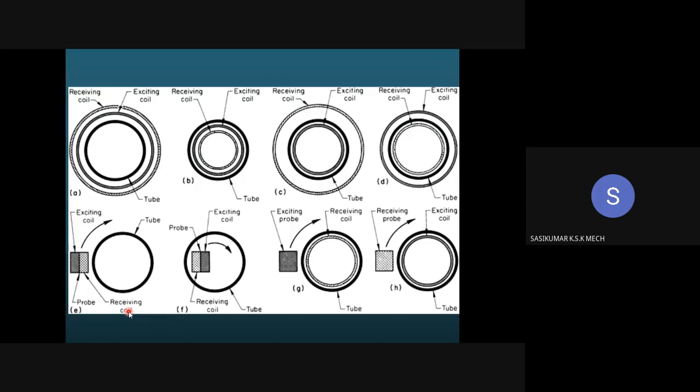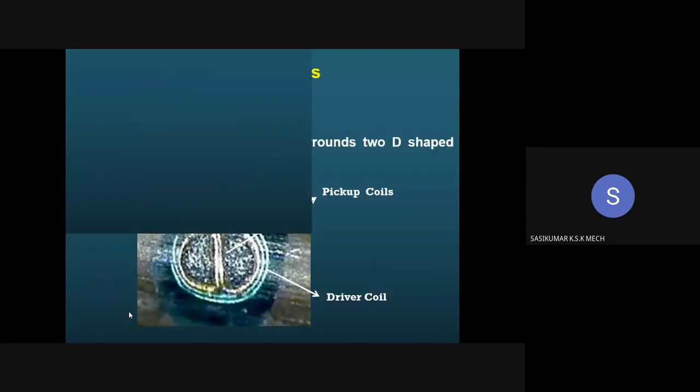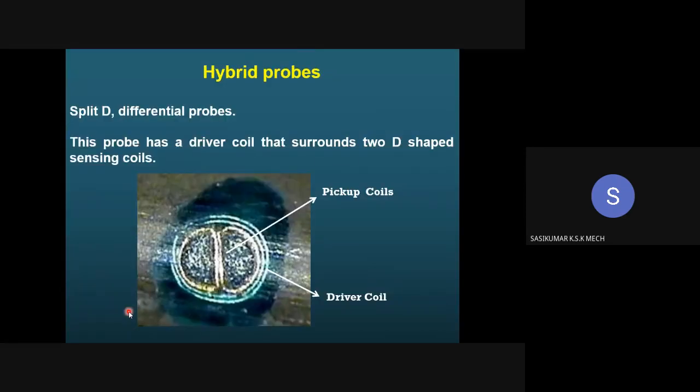So the last category is the hybrid probe. It is called a split differential probe. This probe has a driver coil that surrounds a D-shaped sensing coil. So you have a D-shaped coil, that is called split D. It appears in a D shape. One D is on the right side, another D on the left side.